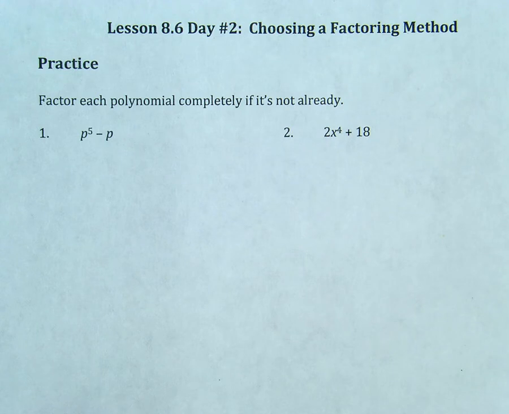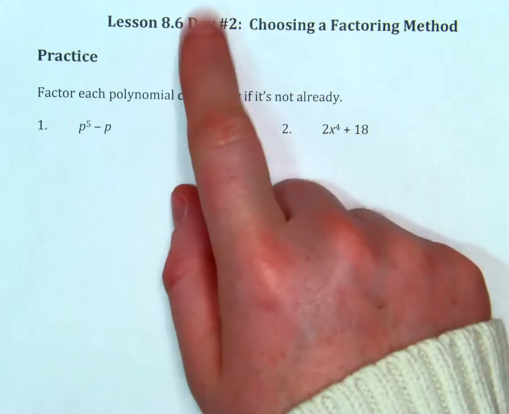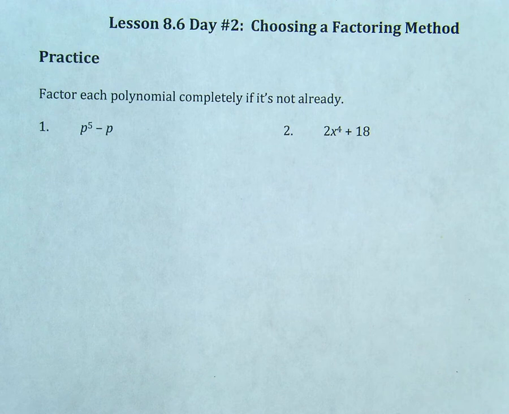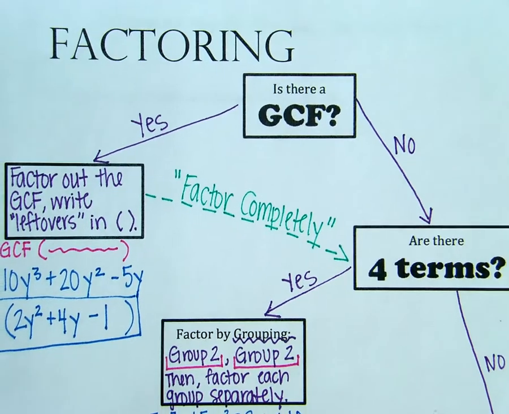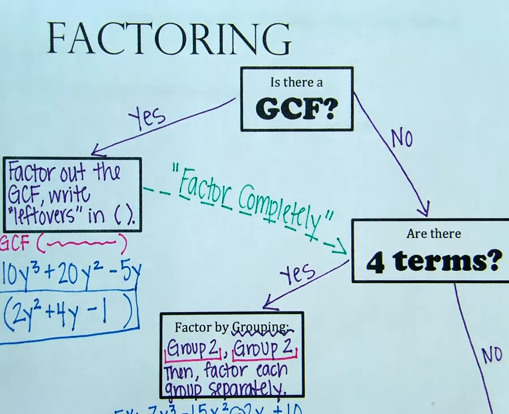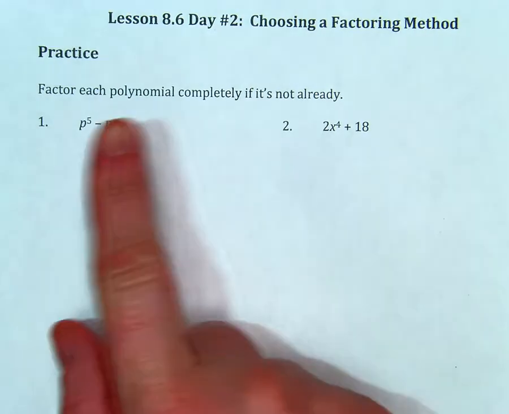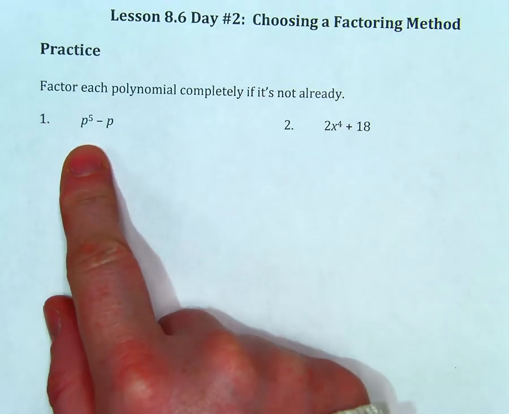Hey guys, we're going to be working on 8-6 day number 2 in your note packets, where we're factoring completely still. Same as yesterday, just making sure that we're good to go with this and using the factoring flow chart. So if you have your flow chart from a couple days ago or whenever, go ahead and get that out as well. So if you take a look at number 1, we've got p to the 5th minus